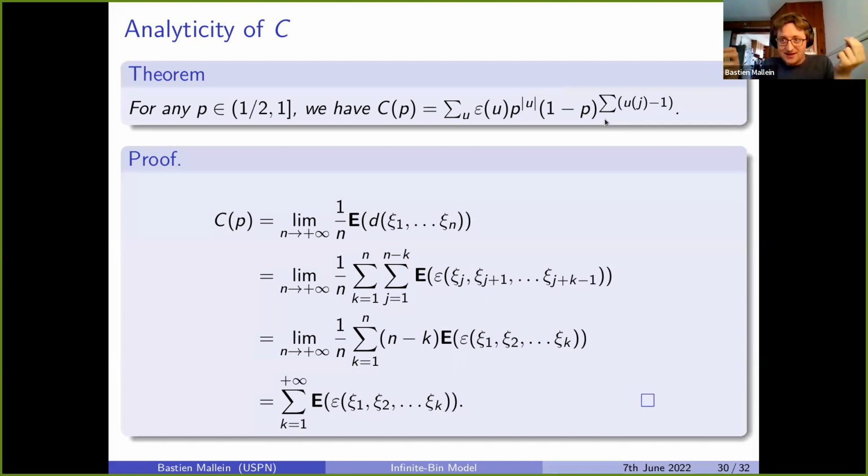And well, I'm not claiming that there is a unique sequence epsilon that can be used to represent my function C of p. Every starting configuration gives me a different representation of this series. But the idea in the end is that we want just to get C as a series in powers of 1 minus p. You want to represent it as a sum of a_k (1 minus p) to the k. So if you do this, then you get a unique representation.